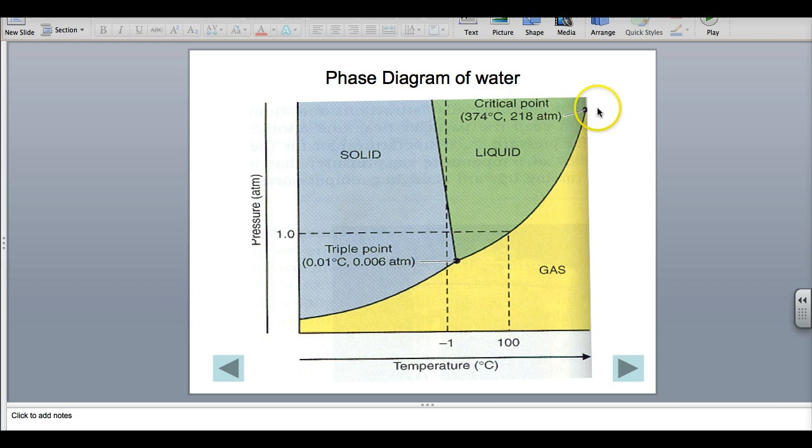The gas has too much kinetic energy, so it overcomes the attractive forces even at high pressures. And a liquid, although it has enough kinetic energy to be a gas, the pressure keeps it from being a complete individual particle. So what you have beyond this critical temperature and critical pressure is something called a